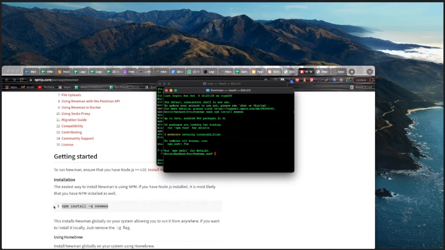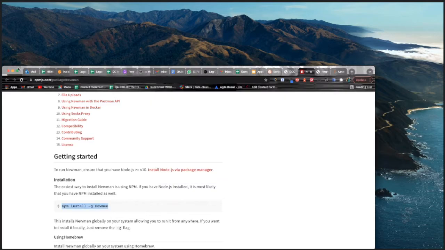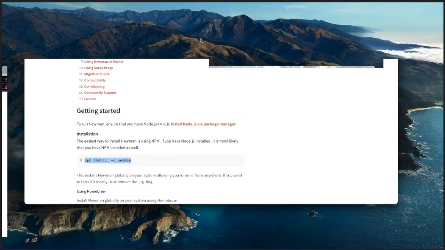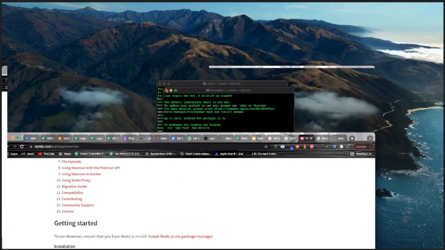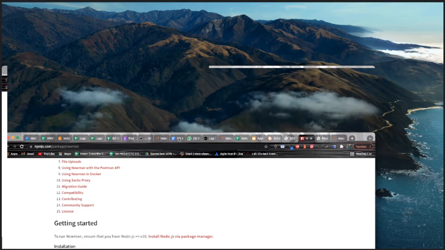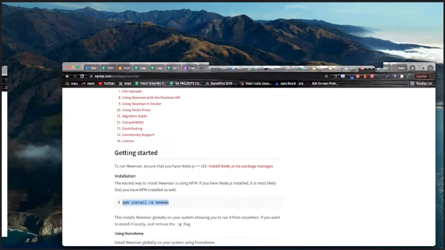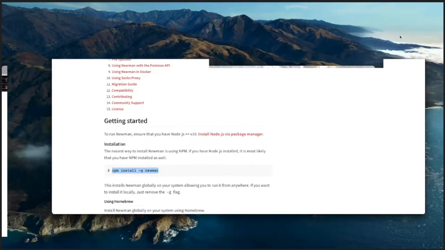Okay, so if we are all able to install Newman now, the next thing we need to do is to execute our test. So what we need to do now, you should close the terminal. Close the current terminal you're working on now. So once you close the terminal, you come to your